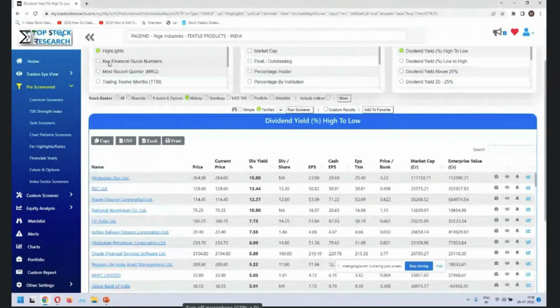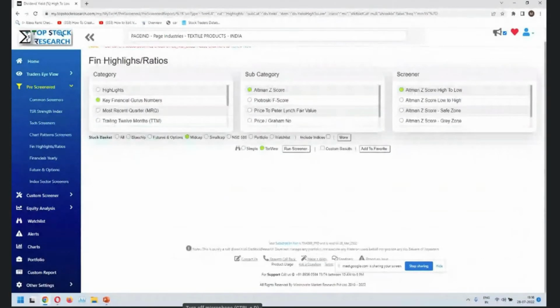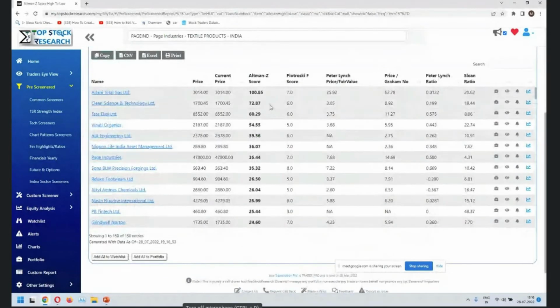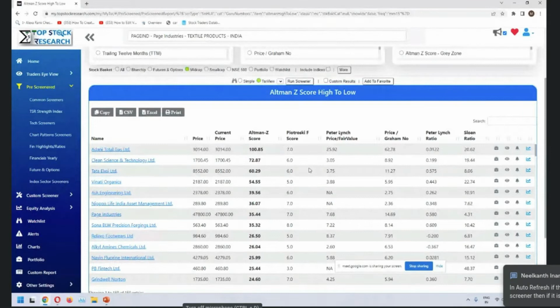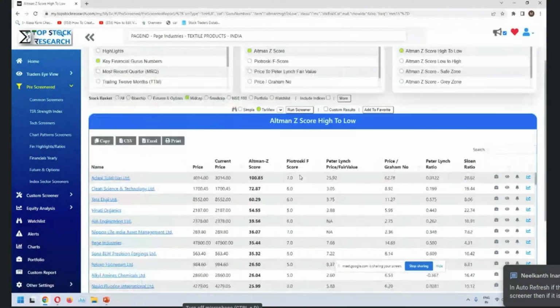organizations. You can sort by other numbers. If you are looking for stability stocks, you can look at the Altman Z-score. The higher, the better. Apart from Altman, we also try to give you some of the other important measures like Piotroski, Peter Lynch value, price to Graham, and Sloan ratio. So when you start looking at some of the expert or guru values, you also get some of the other important numbers to give you a comfort level of what you're